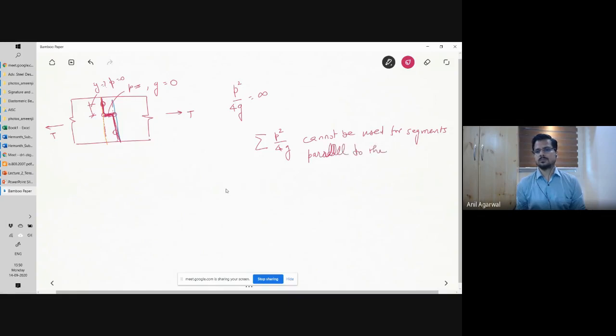It cannot be used. Then in such cases, obviously we know that when the T is acting and this kind of rupture is possible, this surface, imagine when it separates,